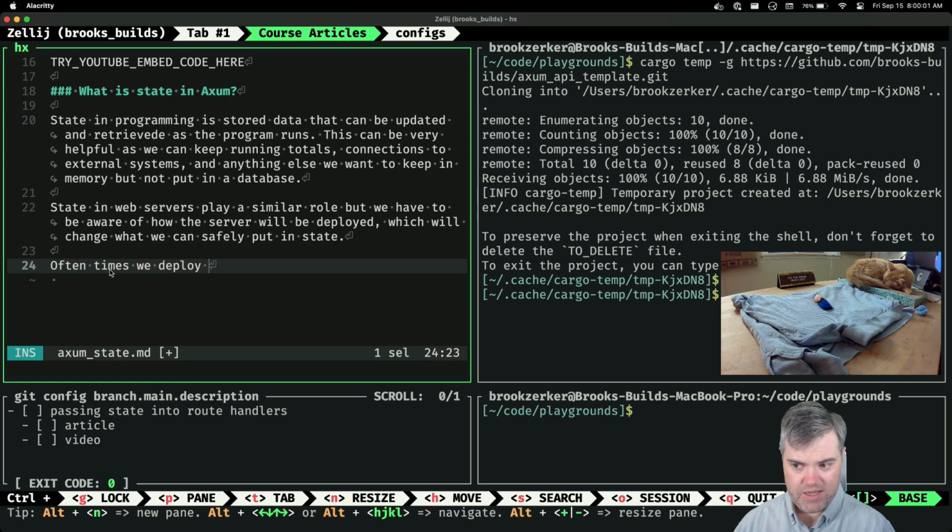Oftentimes we deploy, and you haven't had the need to scale, i7 and 64 gigabytes of RAM, so you're set to handle a tiny bit, just a tiny bit. Scaling is where we run into trouble with state. I should rename that. Scaling is a point in time that we can run into trouble with state because it depends upon how we set up the load balancer. Because the load balancer is where everything goes in.